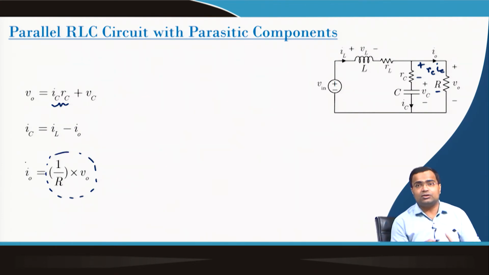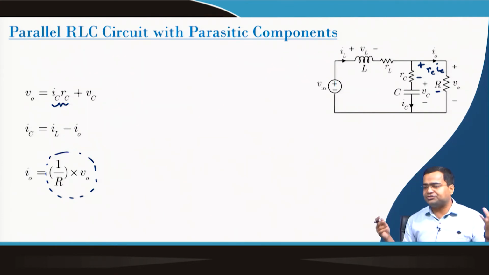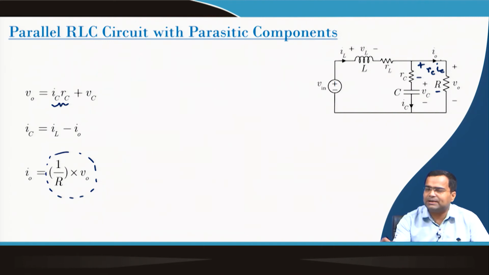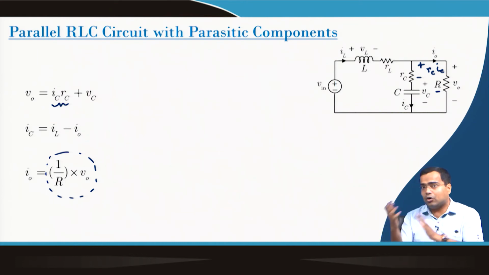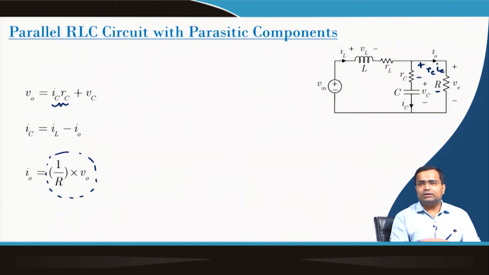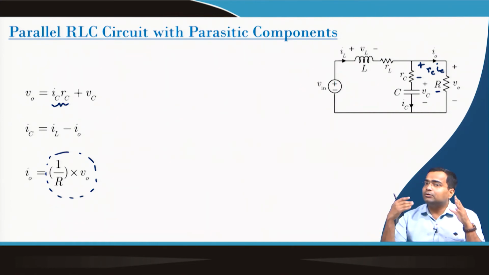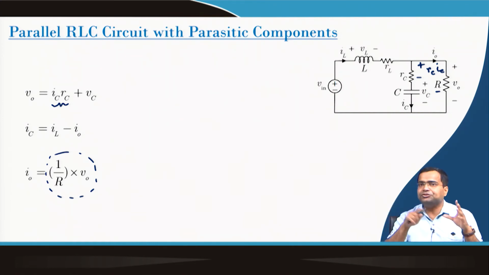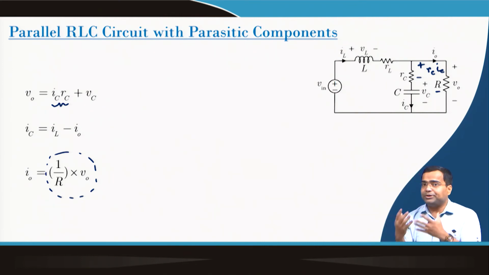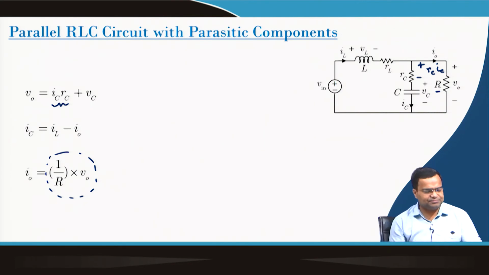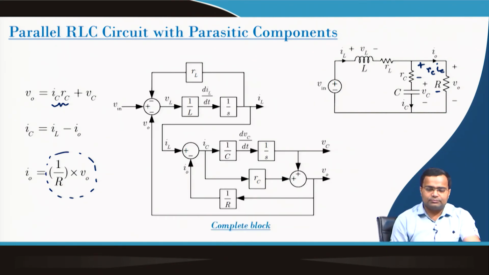In case of a constant load current, we can simply use a constant value. That means we can replace the resistance with a current sink, because it is going out. In case of a constant power load, the I0 will be the power magnitude divided by V0, because the product of I0 into V0 is P0, constant power. So, in that way we can consider different types of load.